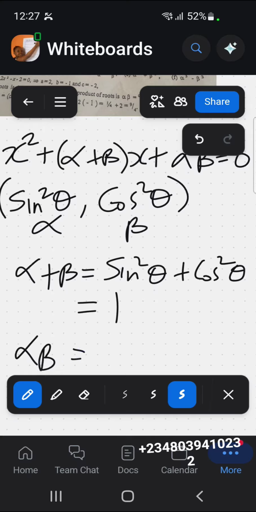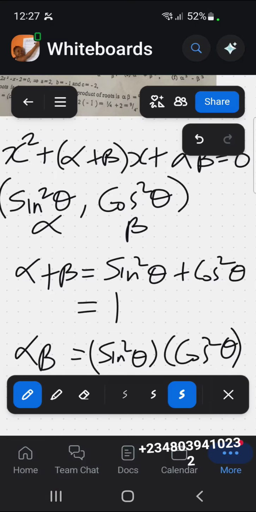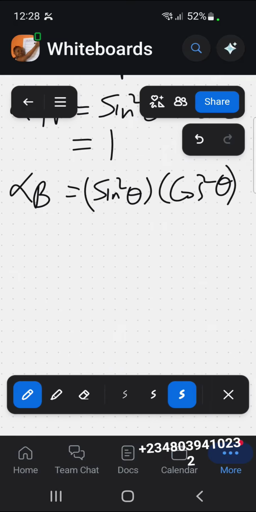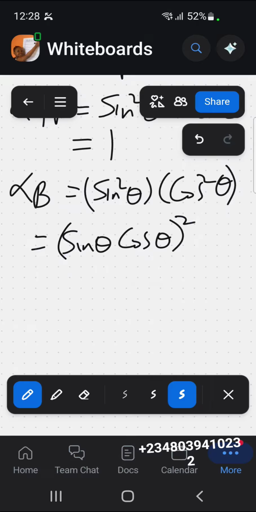Now alpha times beta will be sine square theta multiplied by cos square theta. So that's alpha times beta. I can rearrange this as sine theta cos theta all squared. So I put them in one bracket and square both of them. Having known this, the identity we can apply is that sine theta cos theta is the same thing as half, an identity which you can watch in my video on trigonometric identity,